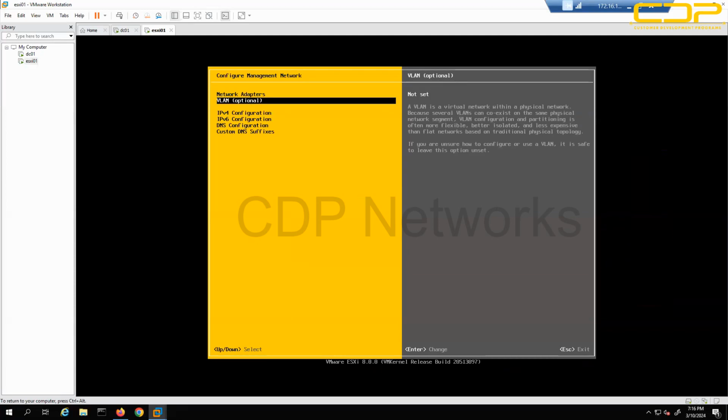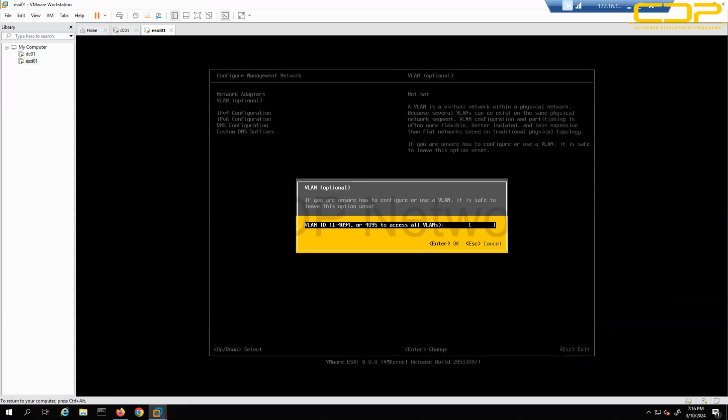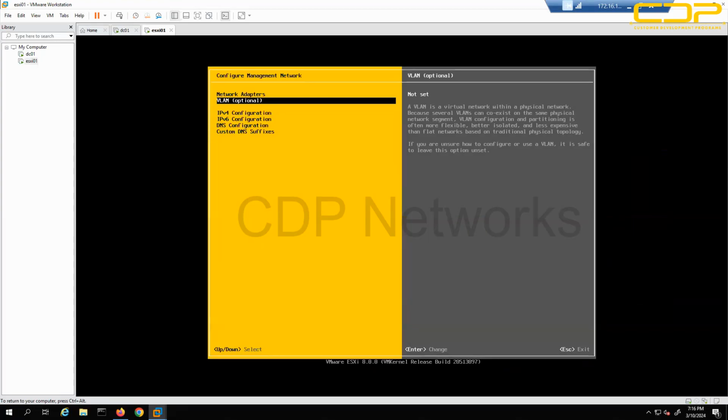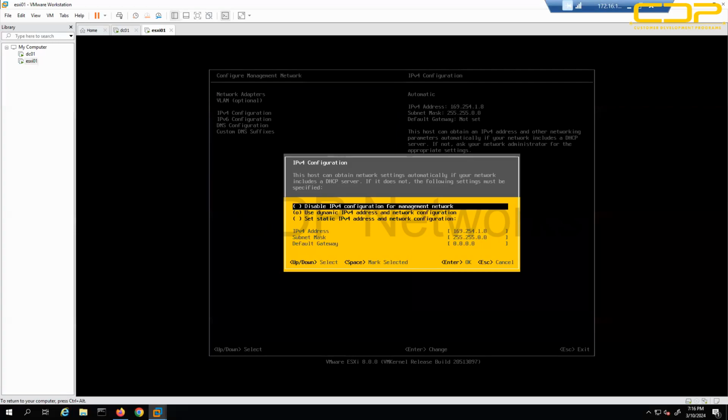Now here you need to give your VLAN as well because every IP in an organization has a VLAN. This is a lab, that is why I'm not giving a VLAN. But in your production environment, give the VLAN whichever IP is associated with. Now here I need to set up my IPv4 address. Okay. So here I will give an IP over here. So for example, I'll say